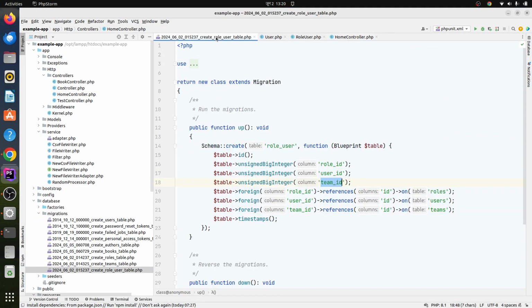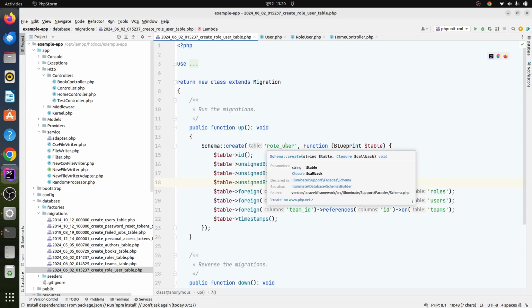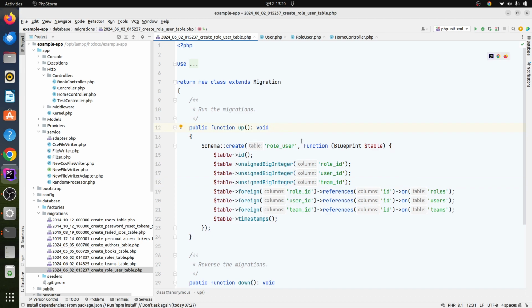Today we will be talking about having a relationship in our pivot model in Laravel. To understand more about this, let's take an example. If we look into this migration file, we can see that we are creating a role user table, and in